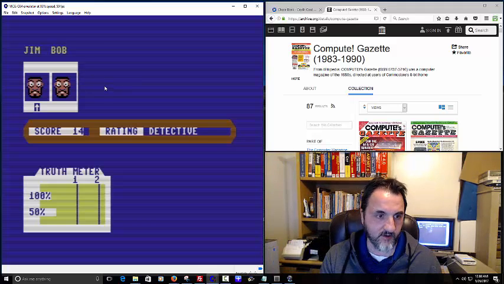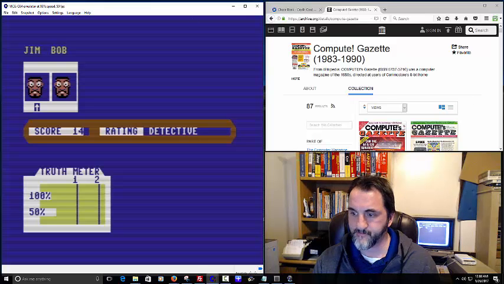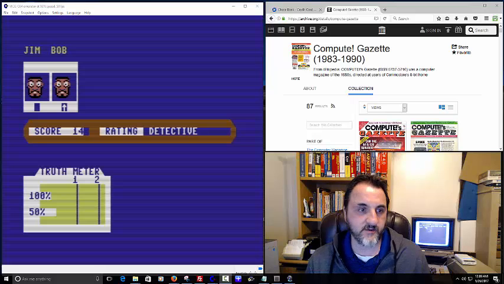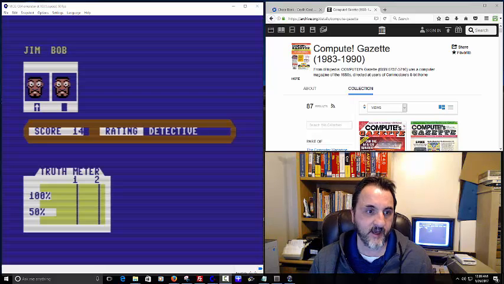So let's see if we can play with the keys here a little bit. Maybe I can figure out, is it the space bar? It might be the controller. Hit the jackpot. So here I'm playing with the keys, and it was actually the controller. You see me moving the arrows around with my controller, and you can pick one of these, and it's going to give you a different truth meter on each one. So let's just click one. That one says 100%. I have no idea what the 50% is for.